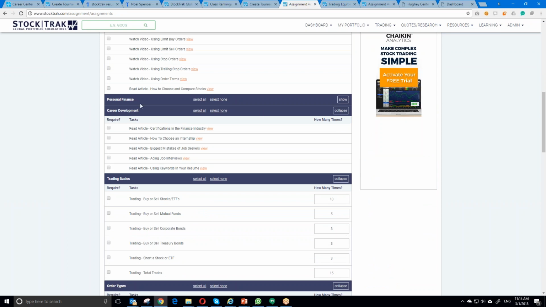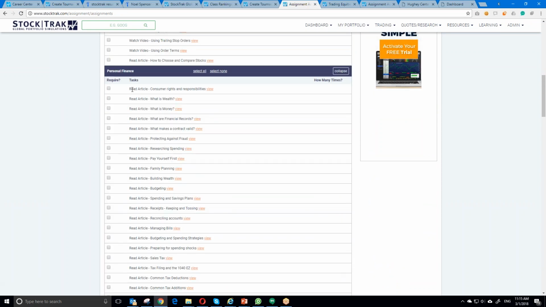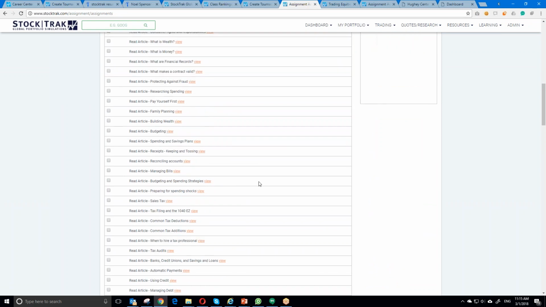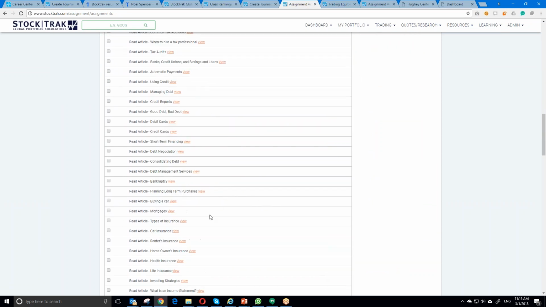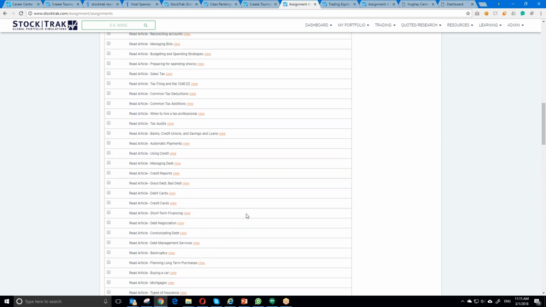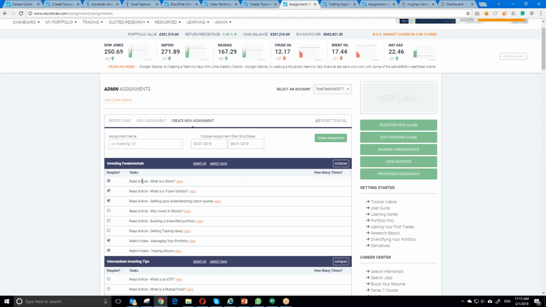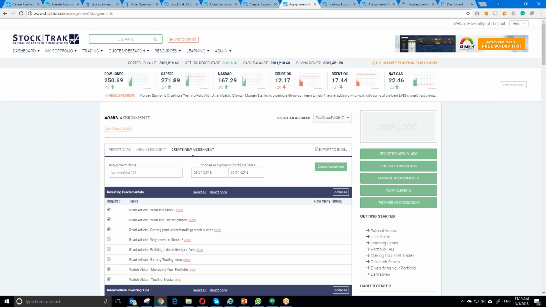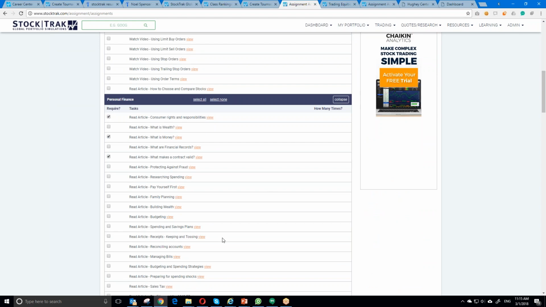If you look in this personal finance section of the assignments, there's about 60 items in here covering everything from budgeting, family planning, sales taxes, using credit cards, managing debt, and everything in between. So if you're using this in a personal finance class, you can come in here and check off some of these articles that cover the topics that you're talking about in class, and then just have each assignment last a week or so for students to work through their portfolio, while they're working through the actual